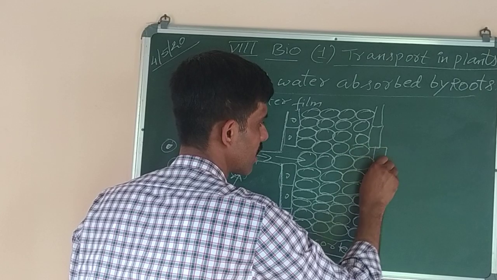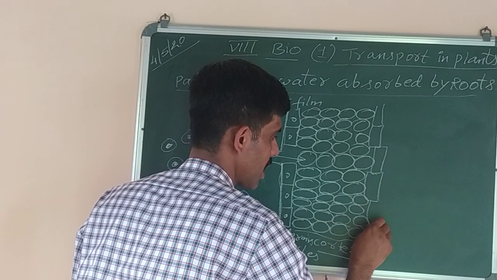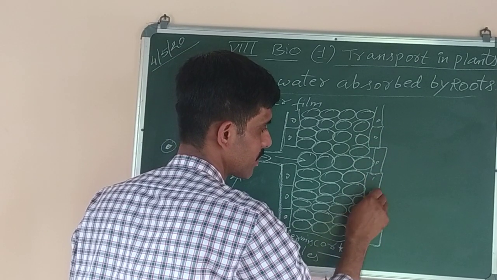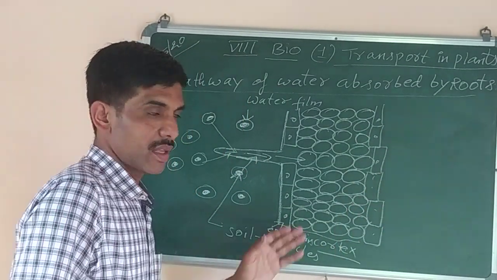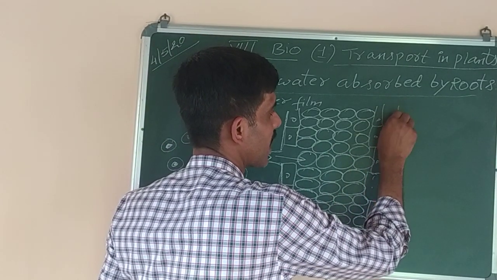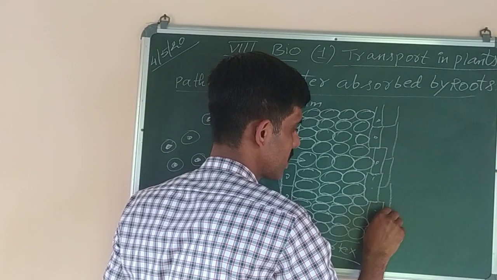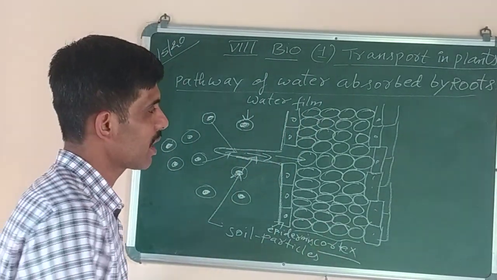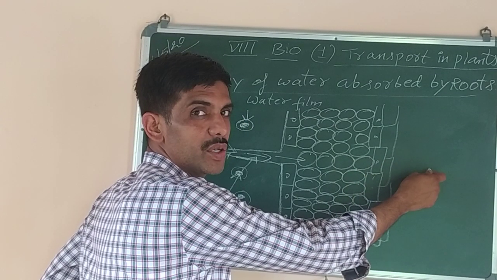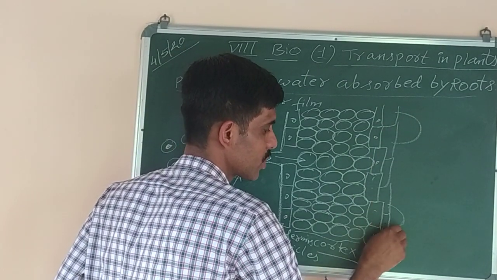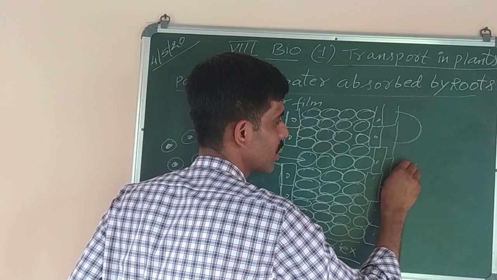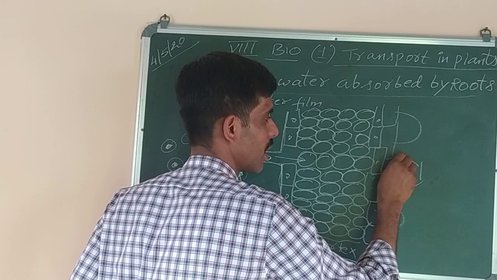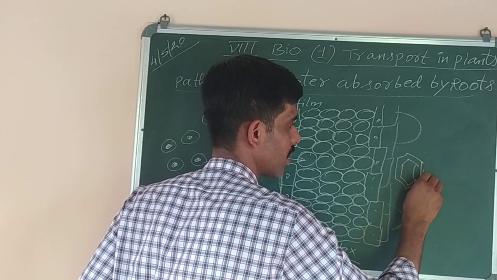Okay? Endodermal layer. I will just draw it roughly so that you can understand. This layer of cells is called endodermis. Okay? Just below that we have the pericycle, another layer of cells. Endodermis, then we have the pericycle. Finally, we have the conducting tissues, that is xylem and phloem. I will show the xylem like this, hexagonal in shape. Okay.